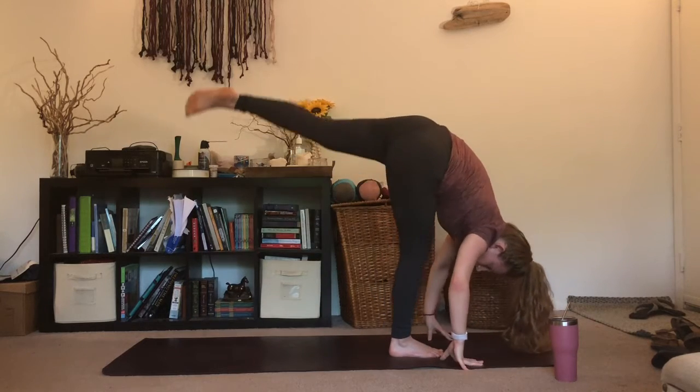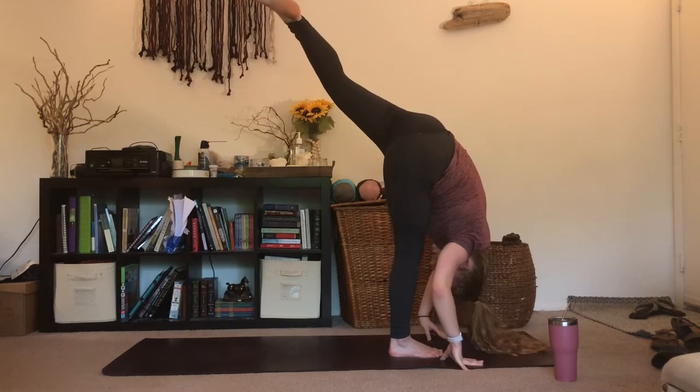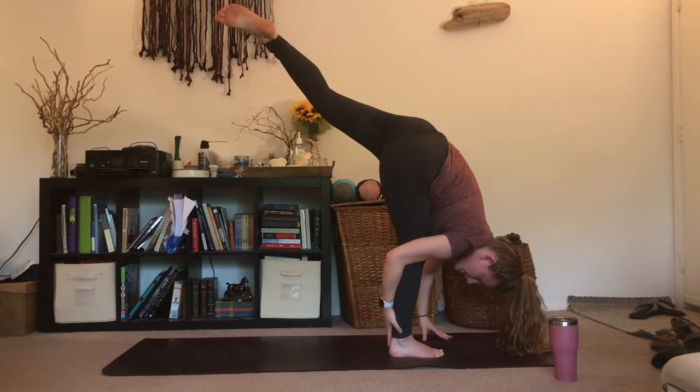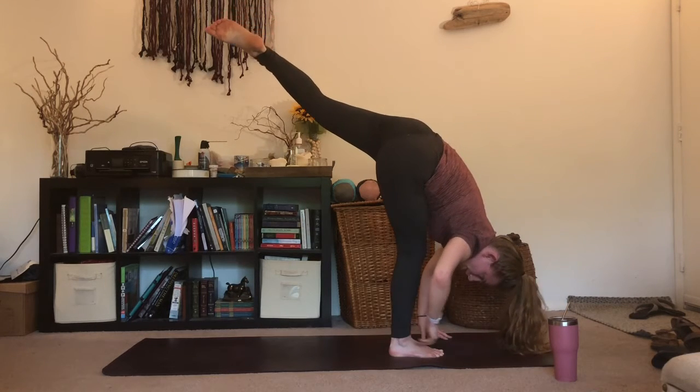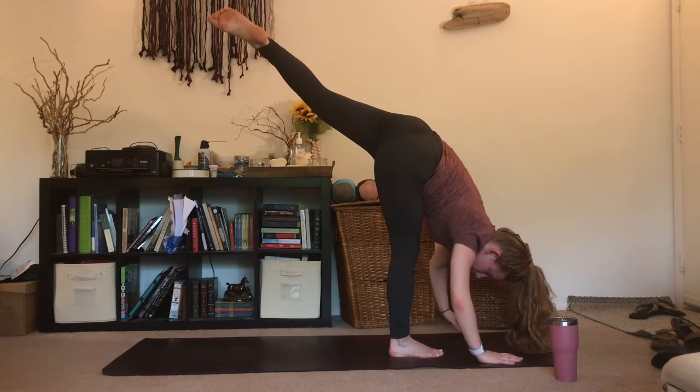Lift that left leg all the way up towards the sky. Standing splits here. One, where both hands come to that ankle to play with balance. As you reach that right leg all the way up towards the sky. And then either stay here, both hands on your ankle, or maybe both hands come back down to the mat. An option to stay here,